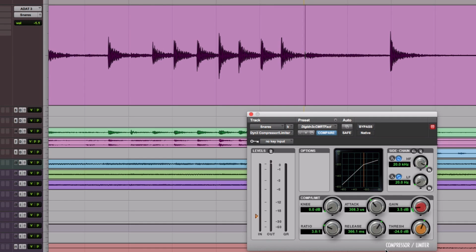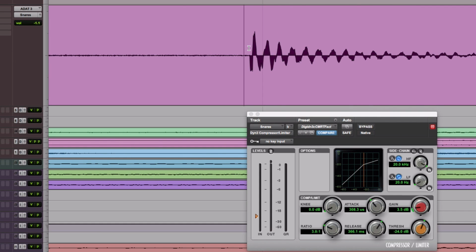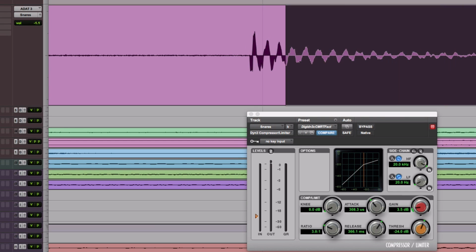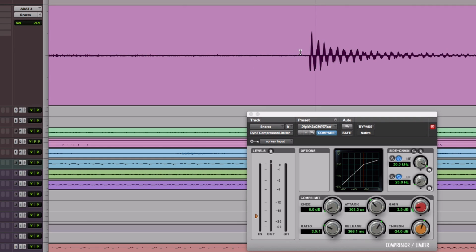What does that mean for us practically? Well, think about it this way. The faster the attack, the more you're clamping down on the transients. And I think snare drums are a great example because they're very visual. Look at this snare drum here. Okay, this is a nice, clean audio wave here where you can see the transient, which is the first little bit, the smack of the stick on the snare drum head. And then beyond that, you get the tail of the snare drum, kind of the rest of the snare drum. And if we butt up right to it,